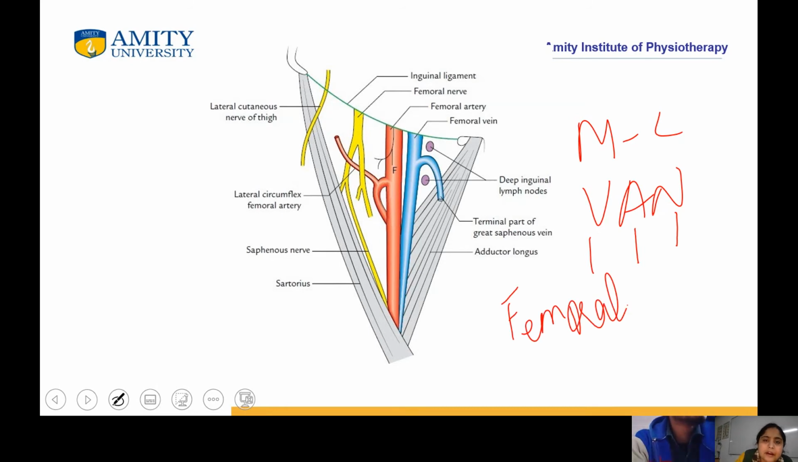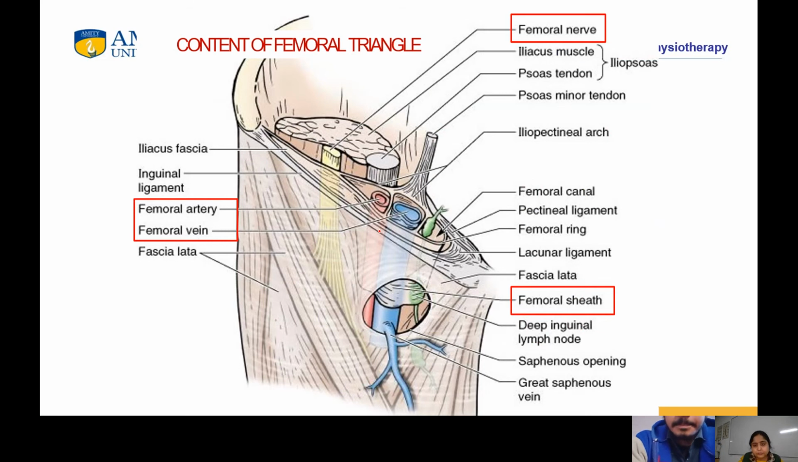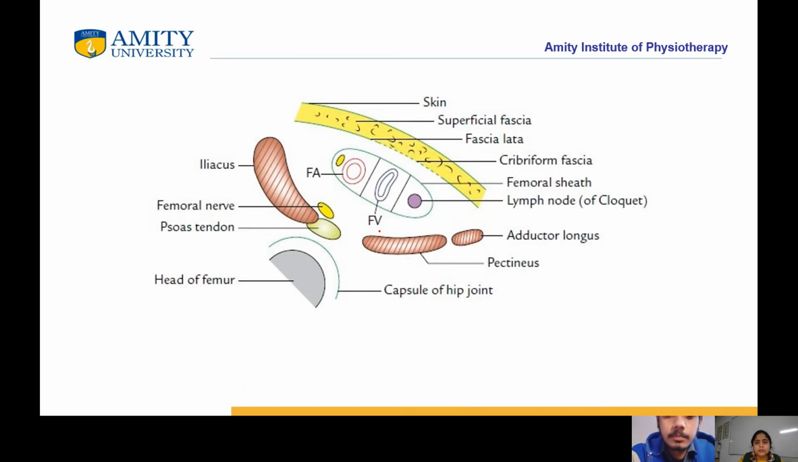Okay. And after the femoral nerve, you will also see the lateral cutaneous nerve of thigh. Other than that, you will also see saphenous nerve and the lateral circumflex femoral artery, which is a branch of femoral artery. Then this is how it looks when you go from superficial to deep. Skin, superficial fascia, fascia lata, cribriform fascia, femoral sheath, lymph node, then femoral vein, femoral artery, and femoral